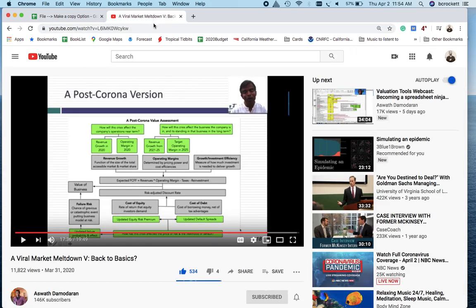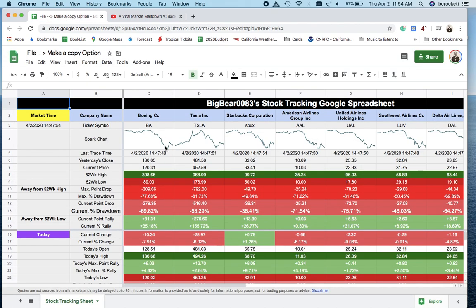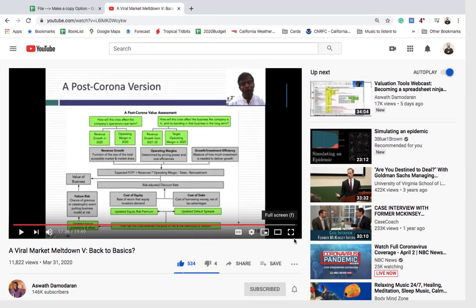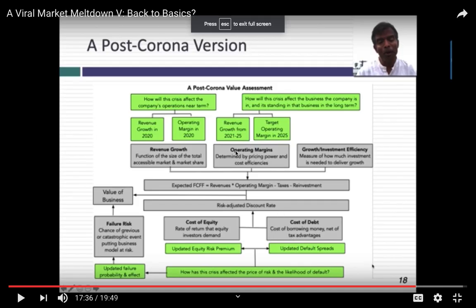And I'm not an expert on valuation or markets. I just try and learn from the experts and present the research. Same thing, I'm not an expert on building spreadsheets like this. I'm just presenting someone how to use BigBears spreadsheet. So credit to the people who are there. So I'm going to go to full screen on this YouTube real quick to talk, and it's on pause, I'll put a link to this,